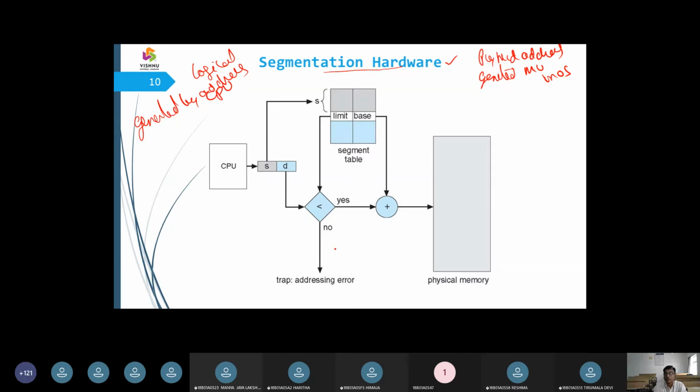Now we need a mapping mechanism between the logical address and the physical address.